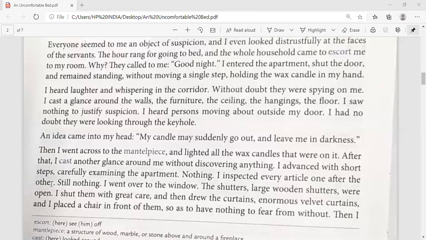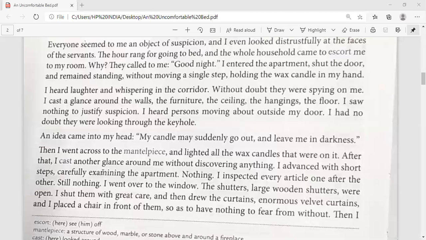I went over to the window, okay, and there are window shutters also. Now you can underline this word. At the end of the lecture I'll show you all the pictures of these things. Okay, you can just underline it. I'll show you window shutters also. There are curtains, kind of things on the window. You might have seen somewhere that you have to pull that rope, and it opens and closes. So that is shutter. Okay, large wooden shutter.